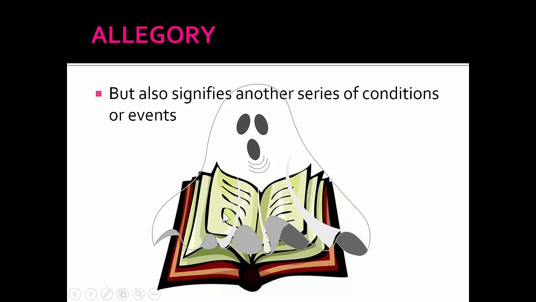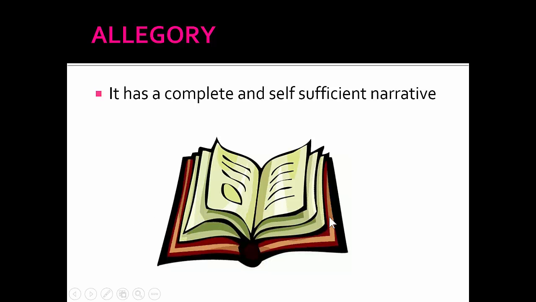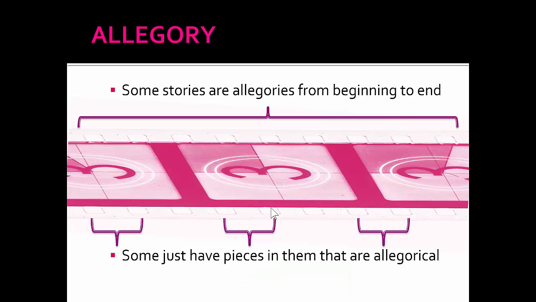So I mean, it exists in a lot of things that we read and a lot of things that we do. There's a lot of allegorical pieces in a lot of things. So it's the ghosts on top of the story. That's kind of what I'm trying to get at. Sometimes there's this invisible extra series of events and conditions that they're trying to get across to you on top of the story that you're reading, that's giving you its own narrative that you're reading. That's what allegory is. I hope that helped a little bit. I know allegory is very difficult to get across to people sometimes because it's peculiar and it's just its own thing. Okay.